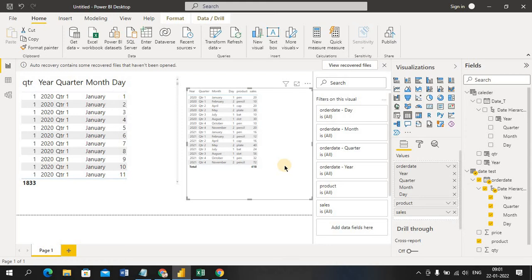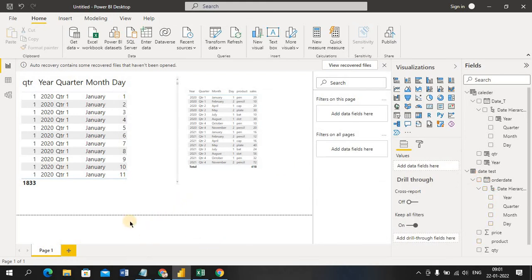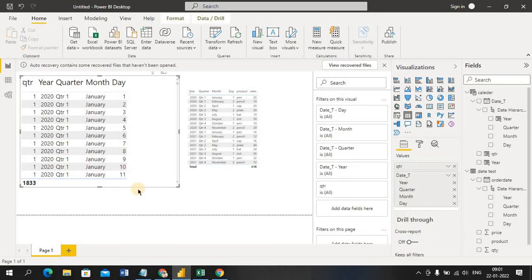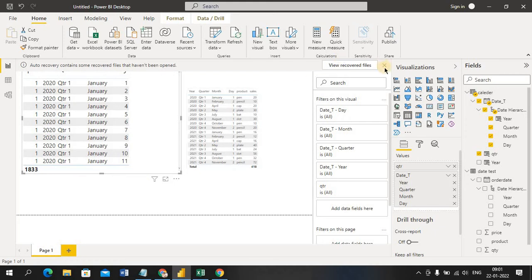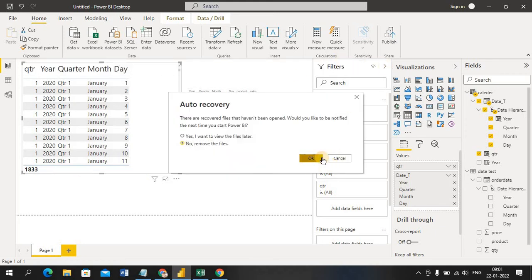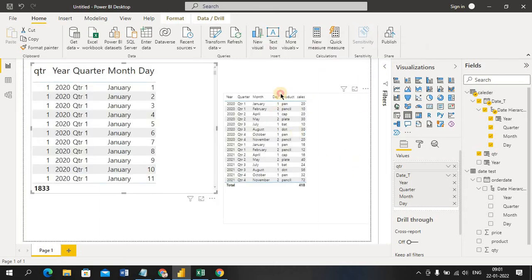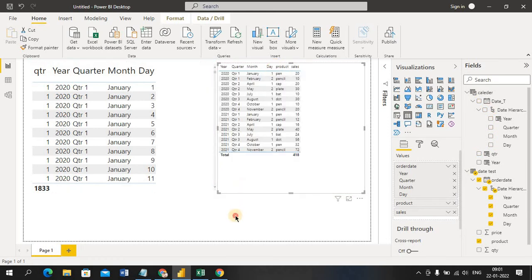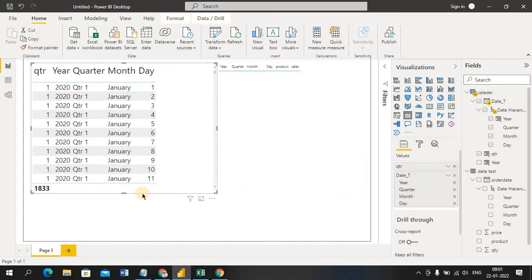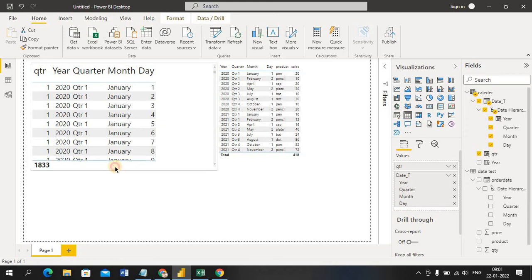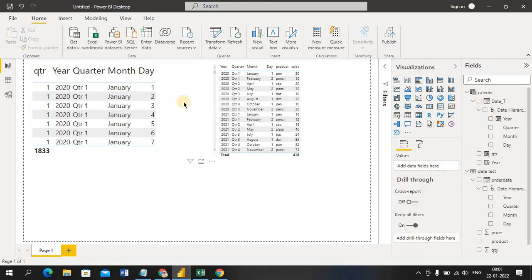If I apply any filter, it will impact the related table only. So we'll see how. So this table is different and that table is different, right? You can see here if you highlight,